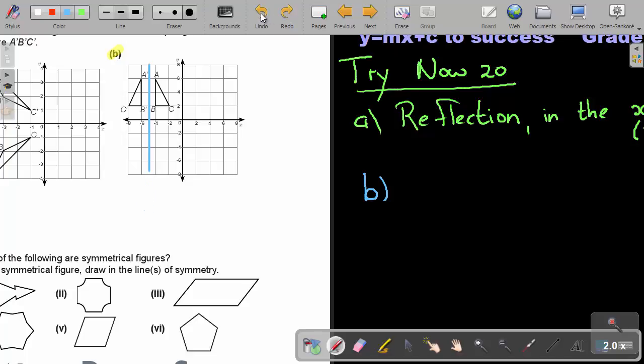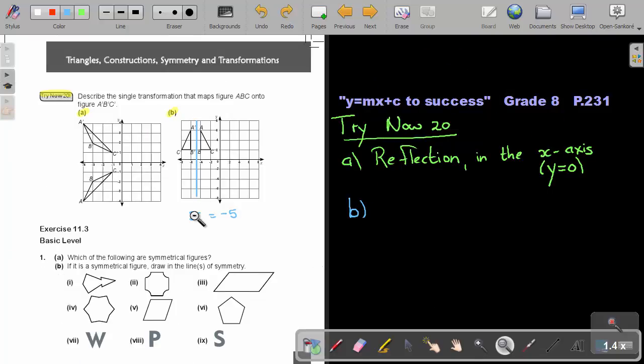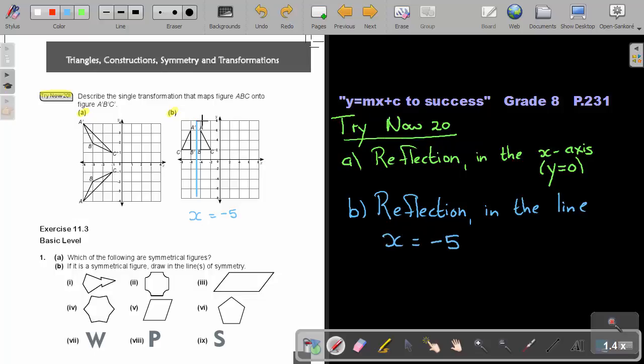Okay, now let's just redo. It's cutting the x-axis, so it's x equals -5. Let's just make it smaller again. So remember that blue line will be x equals -5. So we will start again and say it's a reflection. And then I will say in the line x is equal to -5. It's cutting the x-axis, and that's why it's x equals -5. And usually you will get 2 marks for that in the Namibian examination.